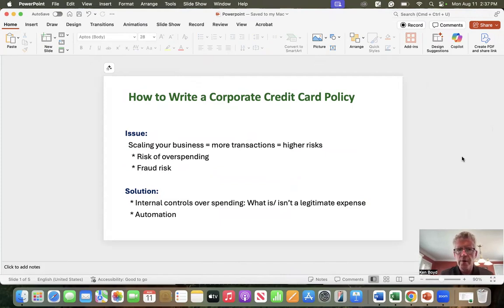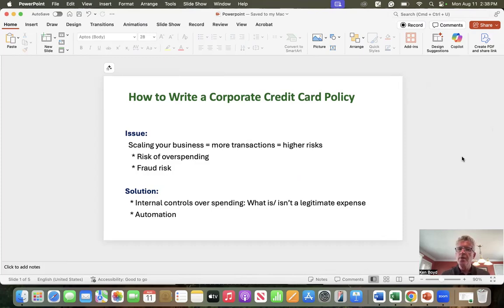How to write a corporate credit card policy. So, what's the big issue here? Well, the issue is scaling your business means more transactions. And when you have more transactions, there's higher risks. There's two big risks that we should think about: the risk of overspending at a certain expense and also fraud